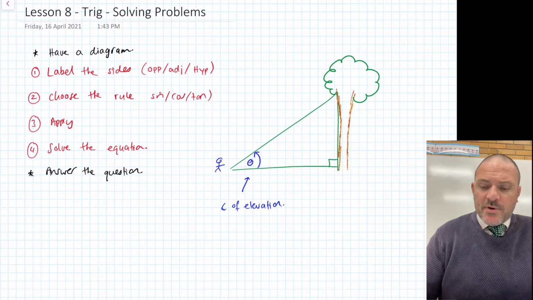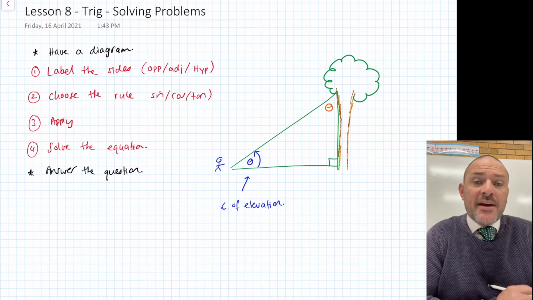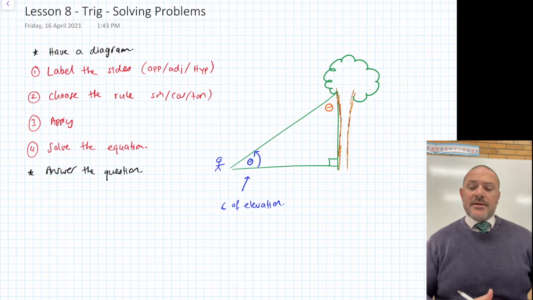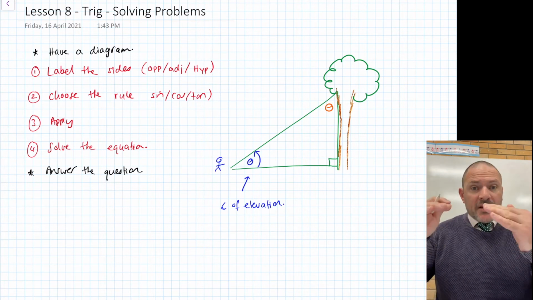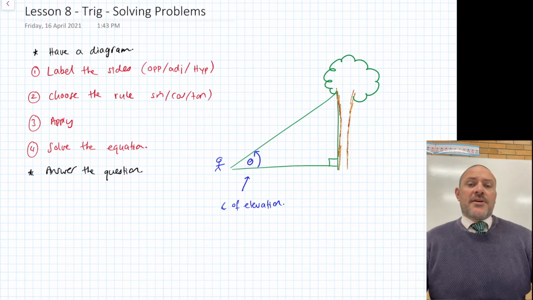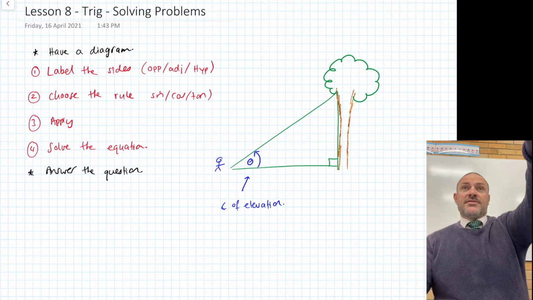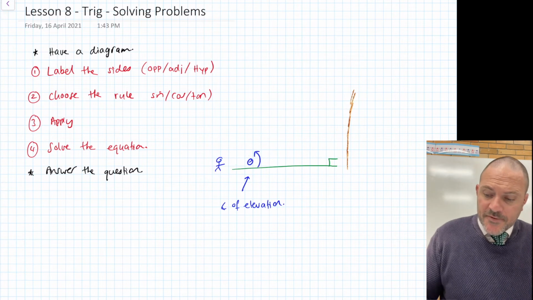The next one is what we call the angle of depression. Now, a lot of students, unfortunately, when we hear angle of depression, they say, it's going to be in that top angle there because depression means to go down. And in one respect, it's true, right? Depression means to go down. However, think about if you're sitting at the top of that tree and you're looking at the boy. You're kind of looking across and then you're looking down to where that boy is. And if you look across first,